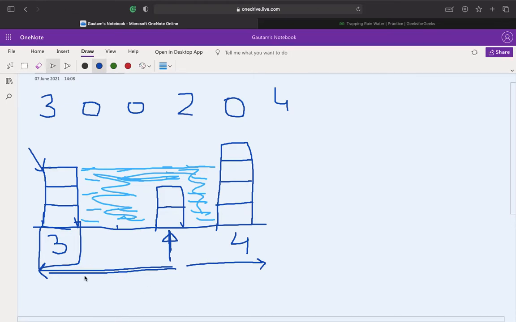So 3 units of water can be stored for this block, but we are only able to store one block of water. Why? Because these 2 units are being occupied by the block itself.